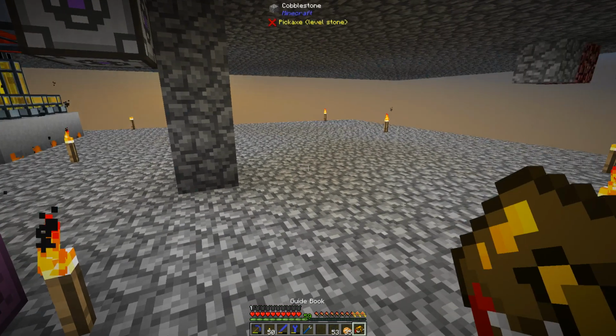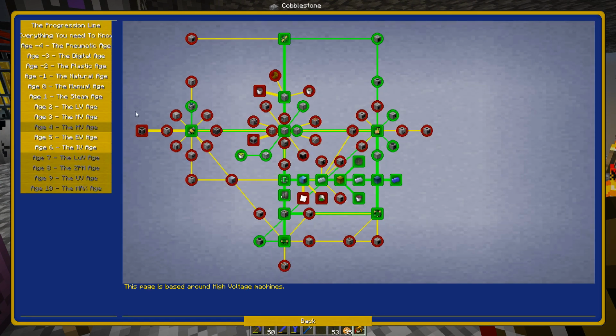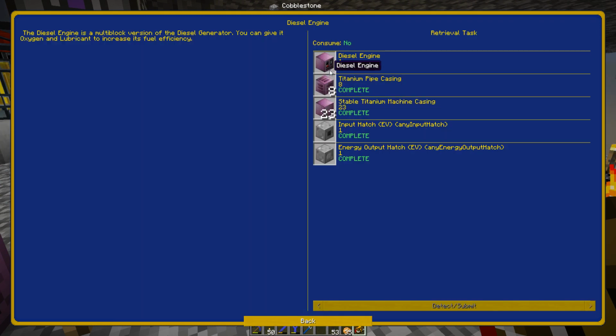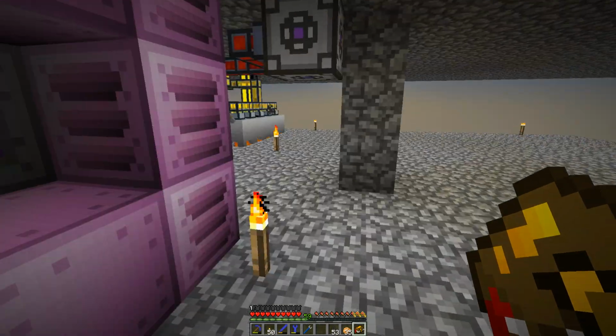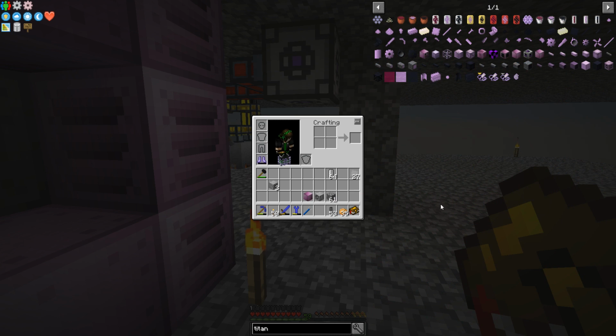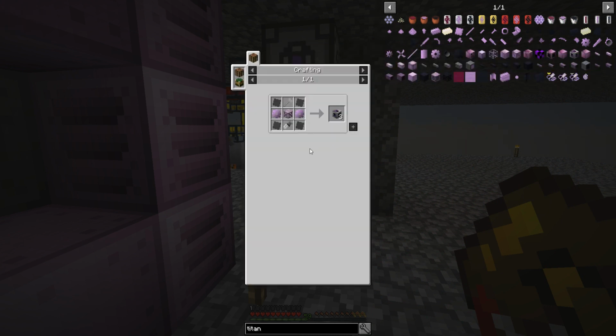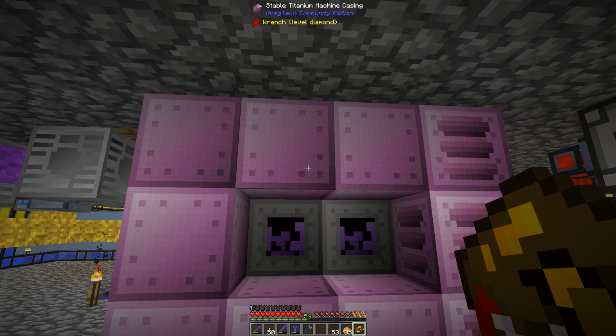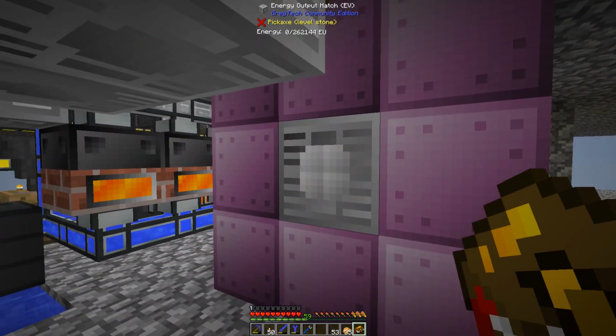Now that is actually not in the quest. So if you're doing this quest, it does not have these listed. But you need titanium gearbox casings. You need 2 of these. Just steal some more titanium. And the 2 go right in the middle. Now, question is...